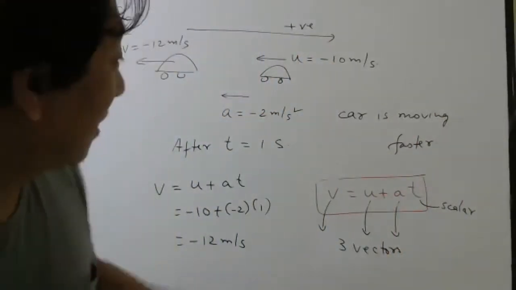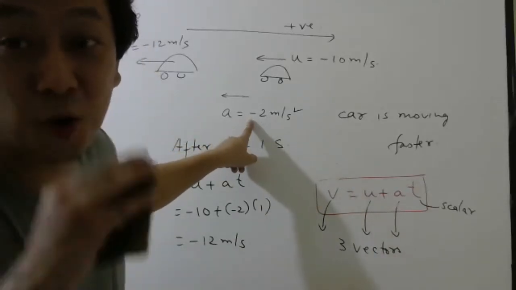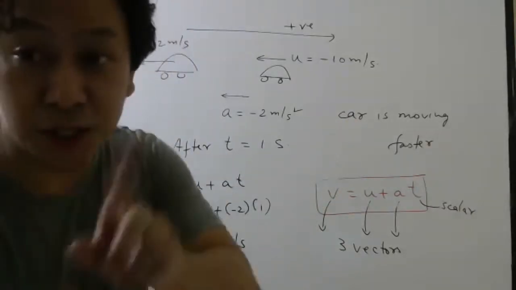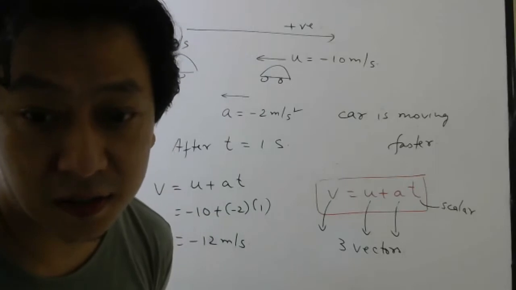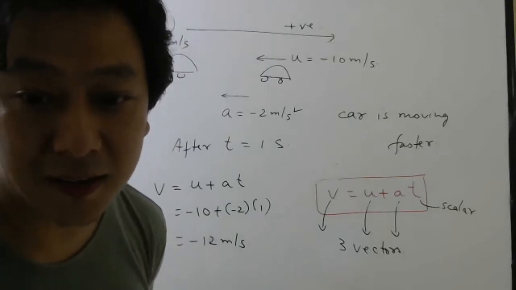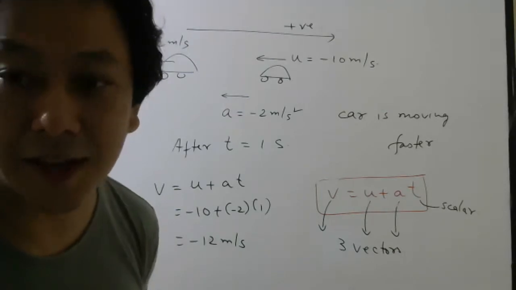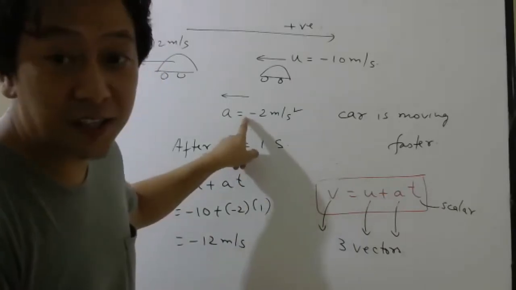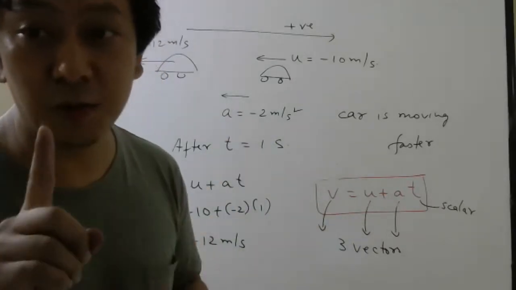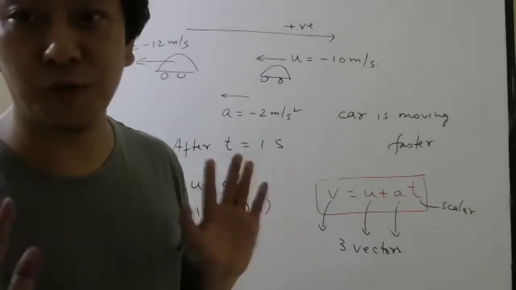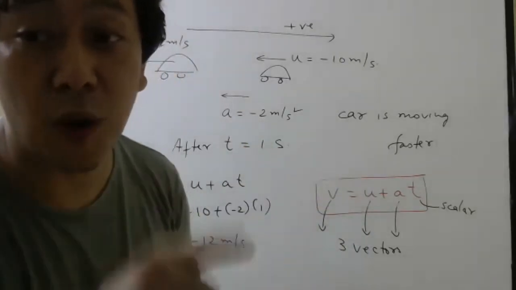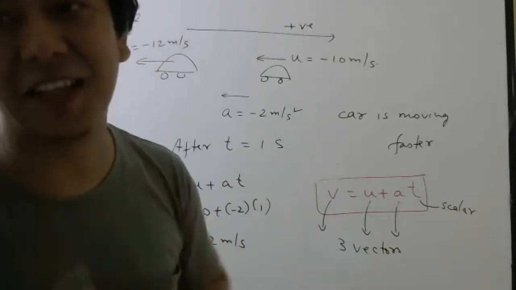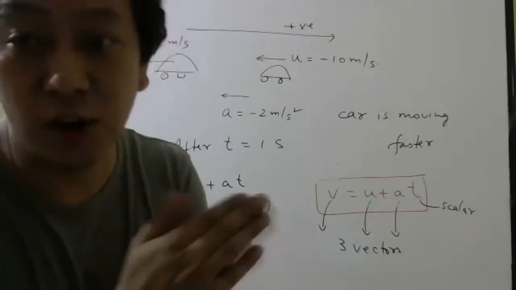Many people think negative acceleration means it is slowing down. What's slowing down? It is moving faster. So it is not about negative acceleration. Listen carefully now. Just because there is negative acceleration, I don't want my students to think it is retardation, that it is slowing down. It depends on the relation between the direction of velocity and acceleration, whether it will move faster or slower.